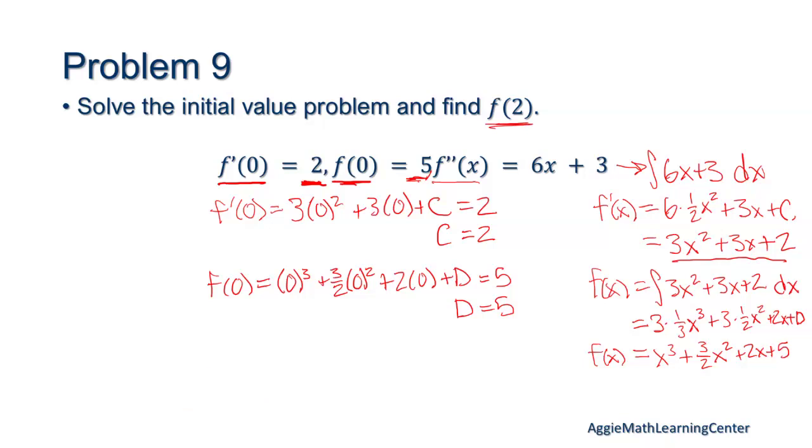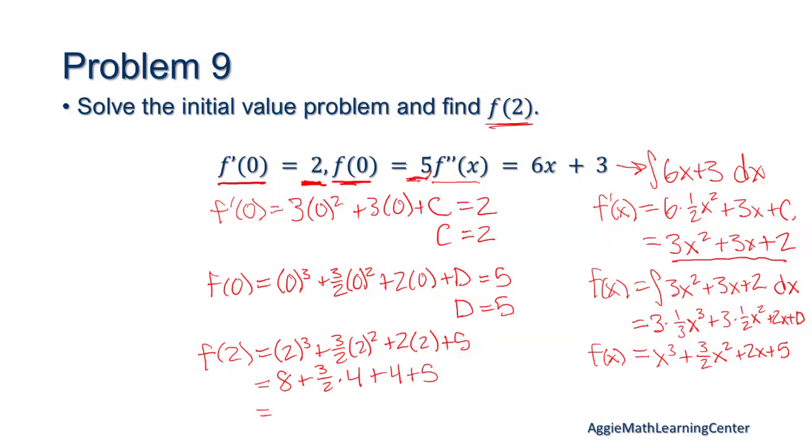Okay, and now our initial question was to find f of 2, and we already know f of x, so now we can just plug 2 into f of x. So I have f of 2 is equal to 2 cubed plus 3 halves times 2 squared plus 2 times 2 plus 5, right? So I know that 2 cubed is 8 plus 3 halves times 4 plus 4 plus 5,